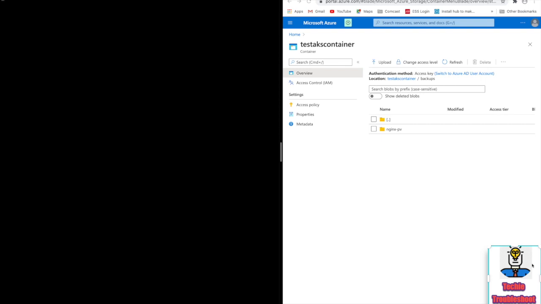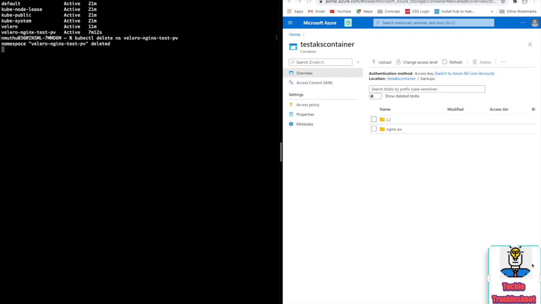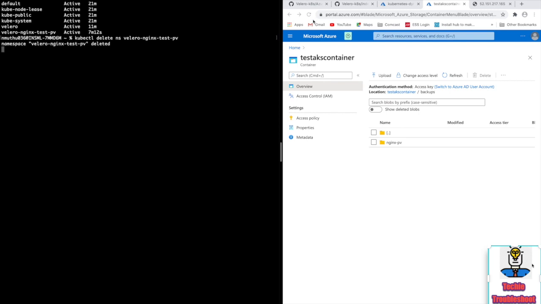So I'm going to delete the namespace now. It will delete all the resources under this namespace: pods, services, persistent volume claims, all the things we're going to delete. So next we have a backup file, so we can restore using that backup file.